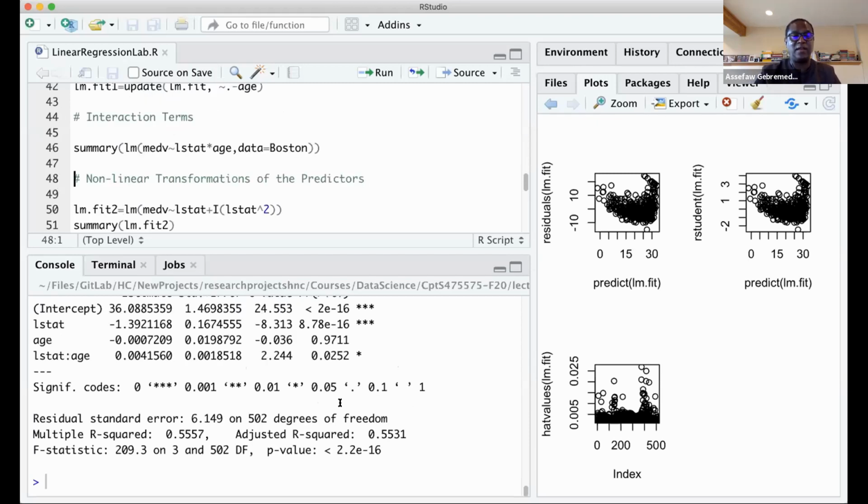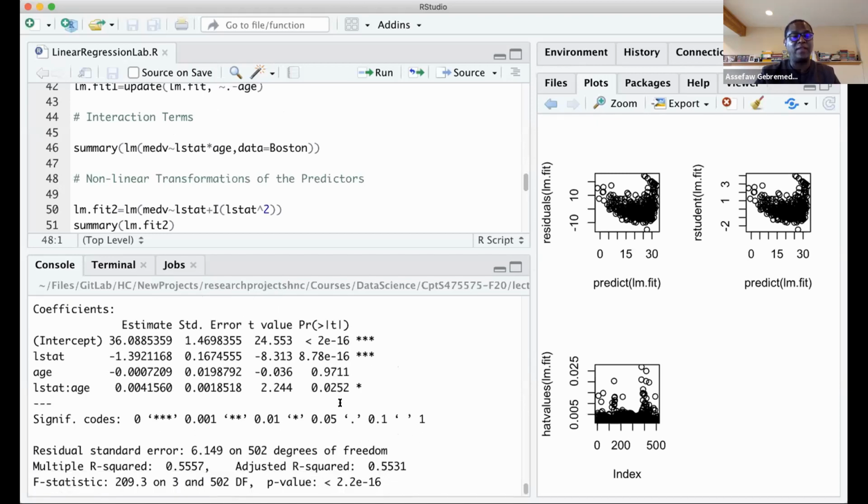Here is what it produced. You can see now that the interaction between lstat and age is shown by this symbol, lstat:age. So lstat and age are now the main effects, and lstat:age is the interaction effect. The p-value for it is not all that bad. And this is curious, a good illustration. On its own, age was not contributing, and therefore we were able to remove it without losing anything. But when it is seen in the interaction with lstat, it is significant,